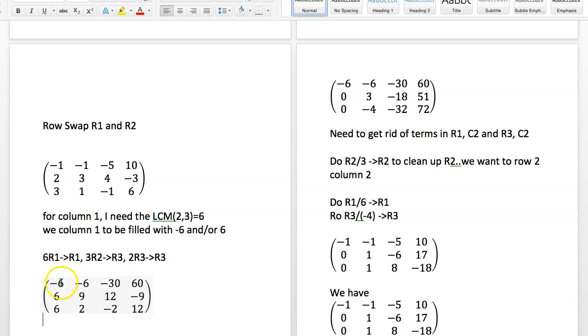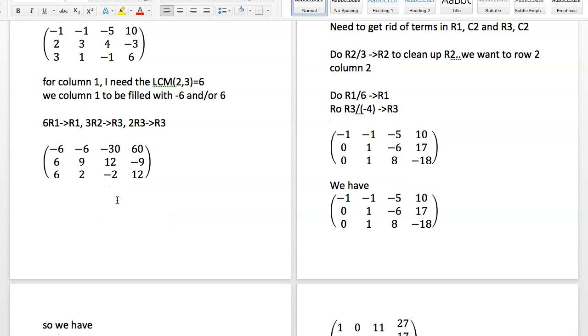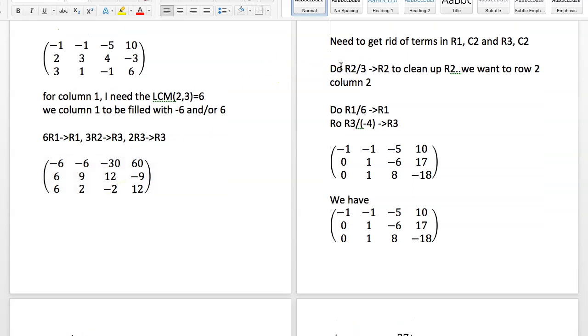So I've got to add row 1 to row 2, and then separately, I've got to add row 1 to row 3. They're separate processes. And that's what I'm talking about right here. And so, going to the next page,